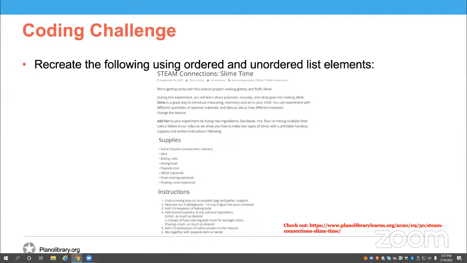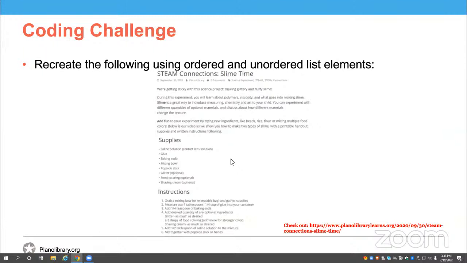This is again just to get you to be able to use your H1 to H6 level headings, to use your paragraph element, to use your ordered and unordered list elements. So we see an H1 over here, and then again we see some paragraphs, we see another heading, we see